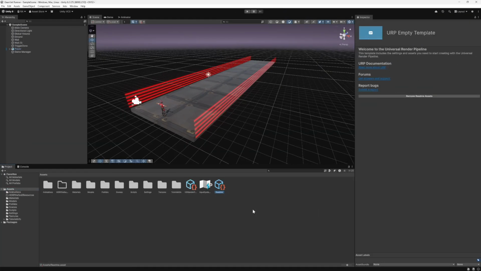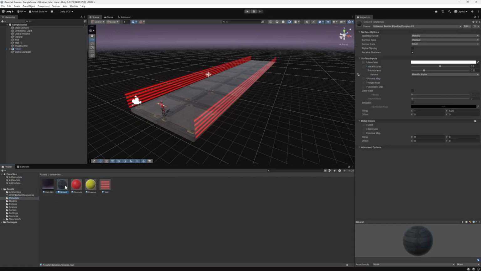That's the game working. So the very first thing you're going to notice when you start trying to implement this project is that a lot of your meshes will be pink. They won't be rendering correctly. And that is because Unity now uses this thing called the Universal Rendering Pipeline by default. The materials that are included in this may not be set up correctly. And so what I had to do is I had to go to each one and go to the shader